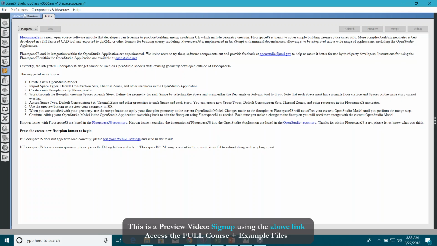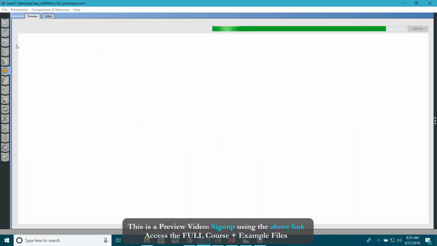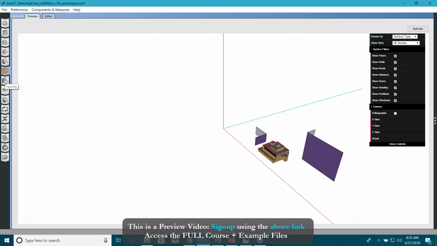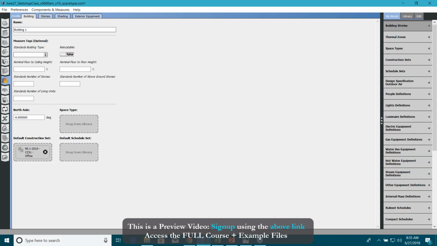Interface to make our geometry. So again, you can go to the next tab, which is this facility tab. And now we are in this building section, the building sub tab, you can call it. In this building sub tab, you can rename the building, let's say San Francisco